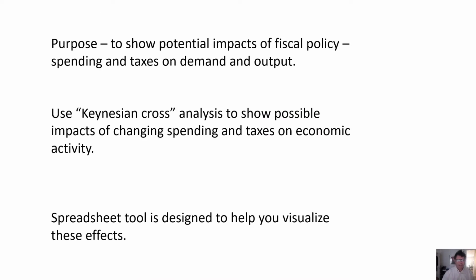The purpose of this is to help you understand the potential impacts of fiscal policy, changes in spending and changes in taxes, on demand and output. You're going to be looking at this in the context of a policy to potentially balance the budget over some period of time. We want you to use the Keynesian cross analysis and the Keynesian multiplier, and we're going to provide you a spreadsheet-based tool to help you visualize this. It's a one-year tool, and we're depending upon you to extend this to a multi-year analysis. So if we just go into the tool here, you'll see that some of this is